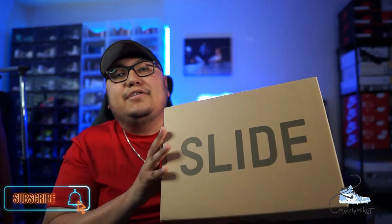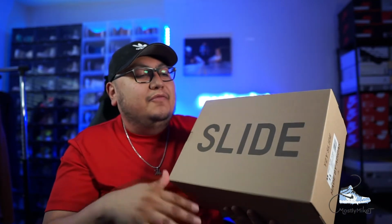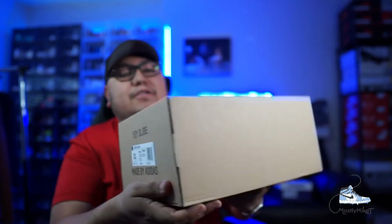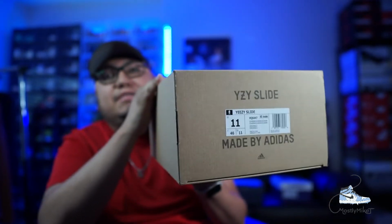So coming up, whenever you order a pair, you're going to get this in a standard Yeezy box. We've become accustomed to this, just a minimal brown cardboard box, with a slide on the front. Yeezy Slide made by Adidas on that side, and then you're also going to have the Yeezy Slide with your size tag here on the back. So nothing too crazy on the box, but what we really want to cover is the meat and potatoes, which